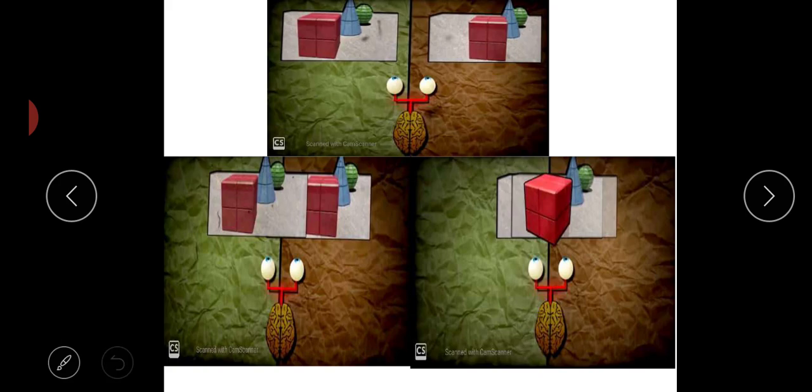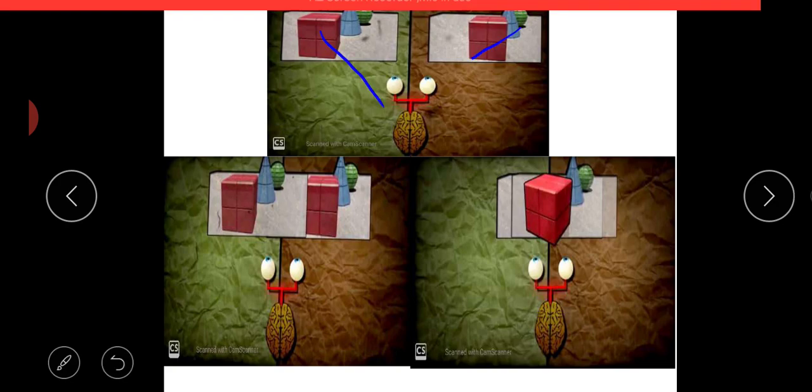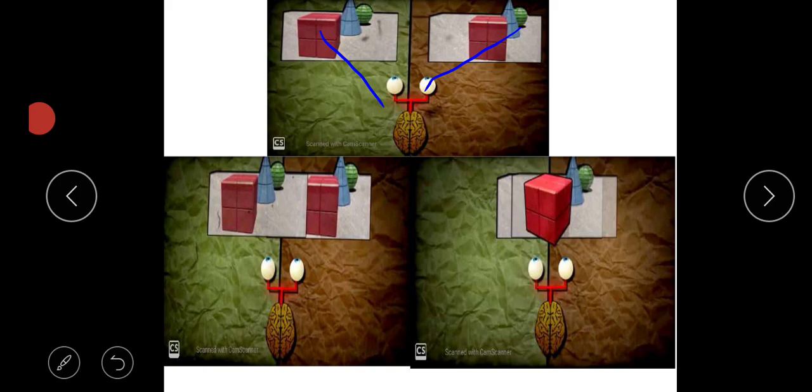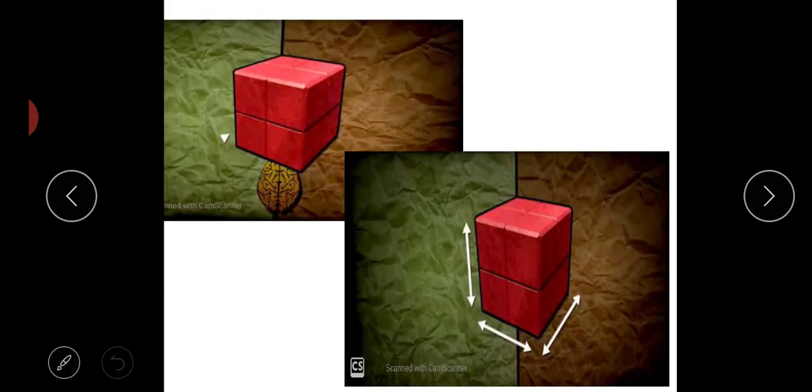So what the human brain does, when I observe a particular object with both eyes open, it takes the readings, or it observes the same object and tries to merge both of them. When it merges both of them, we get a three-dimensional image, which helps in determining the height, the width, and the depth. So this process is called as stereoscopy.